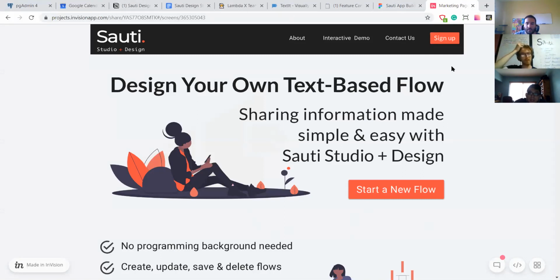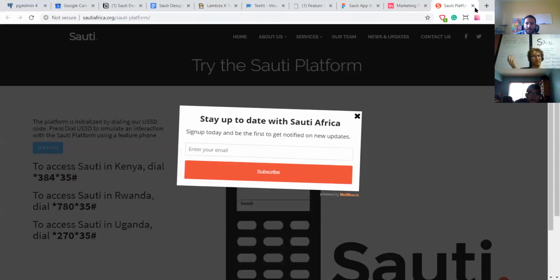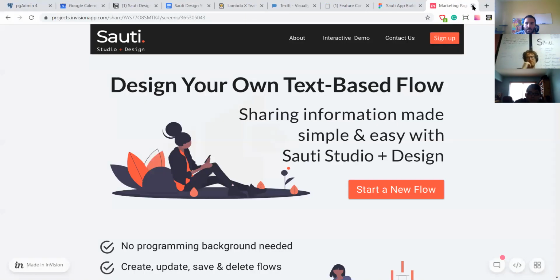Kevin, can you click on the interactive demo at the top? It just takes you to like it just takes you. Oh, I see. Yeah. Yeah, but if we do that, we don't have to designate a mother node anymore, and that would kind of clean up the UI a little bit. No, I like that idea.